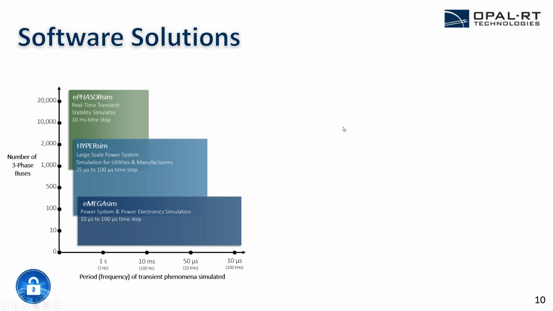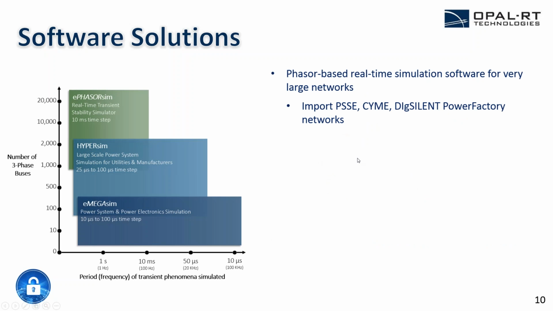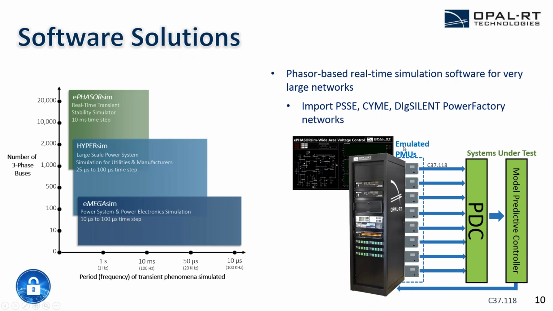And last but not least, for phenomena that are around the frequency of the power grid or lower, we have ePHASORsim for real-time transient stability simulation. And what's interesting about this application is cybersecurity professionals are not always interested in high-frequency activity on their grid. They may actually just care about slower, lower frequency phenomena. And because it's phasor-based, you can very easily emulate